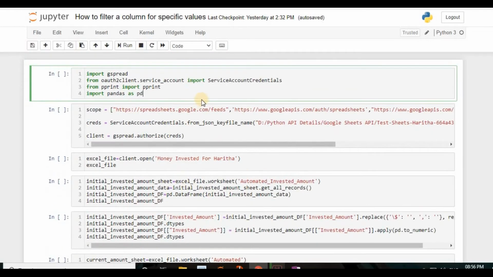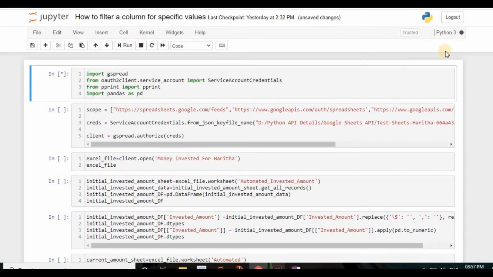Okay friends, I'm going to execute each and every cell now. I press Ctrl Enter, and it shows that Python is executing. Python is asking us to please wait while it executes. We'll give Python time to execute this cell, and after completion we are ready to see how to filter a column using different specific values.